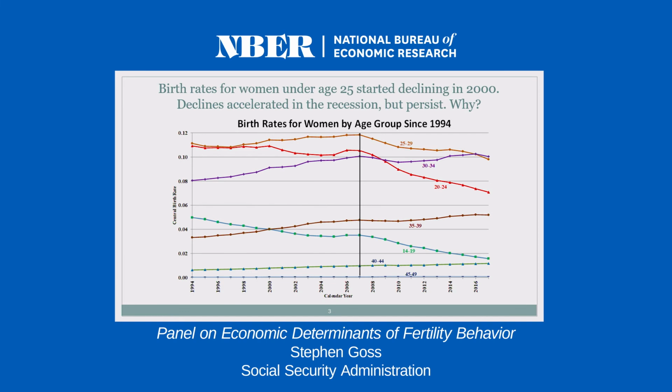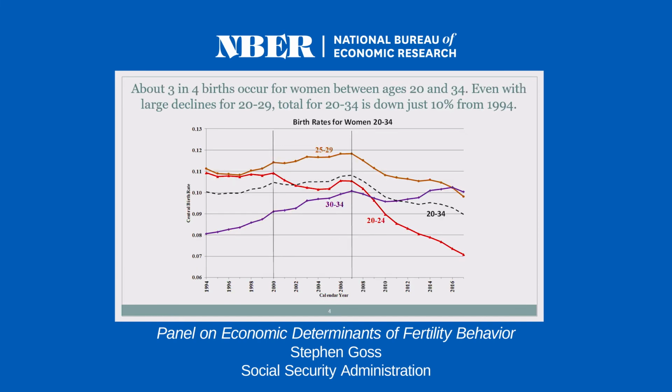So on slide number 4, I just try to have fewer lines so that we'd actually have a better chance of looking at this. And I think the selection of age groups I'm looking at here is much of what Kasey did on some of her slides. But here I just looked at the 20 up to 34 age group. The 30 to 34 kind of representing really 30 and over. I mean, several have observed that we've been having increases in 30 to 34 all the way up to 40 to 44. And this sort of kind of represents that.